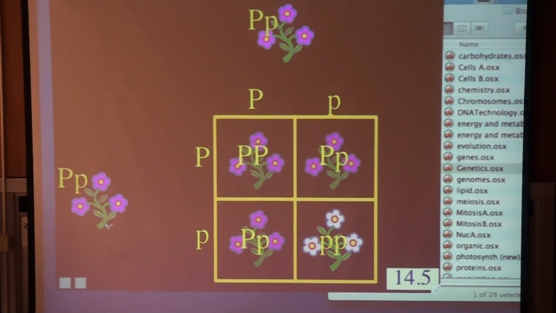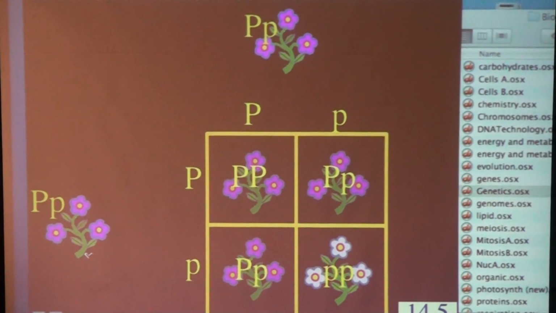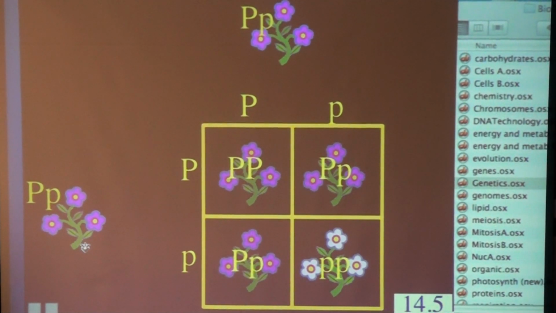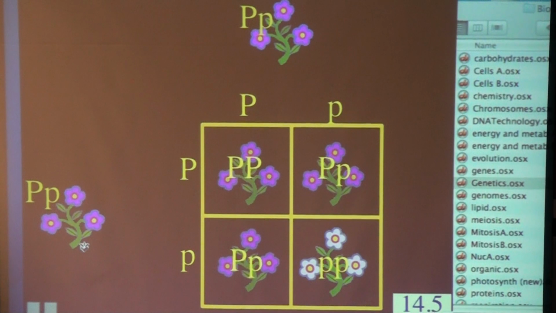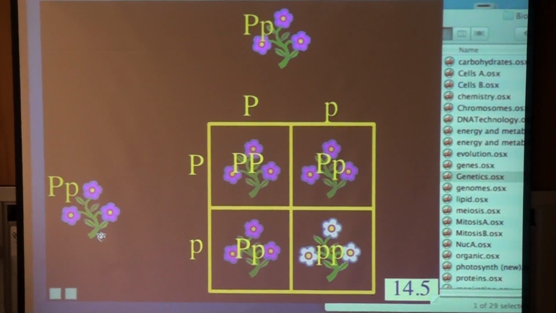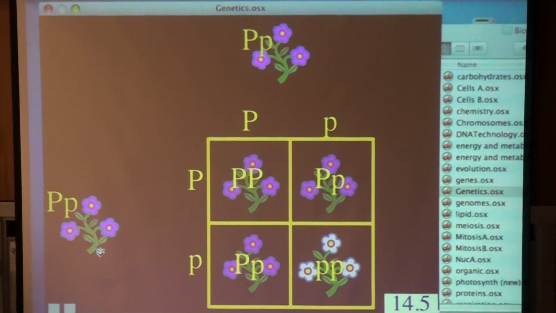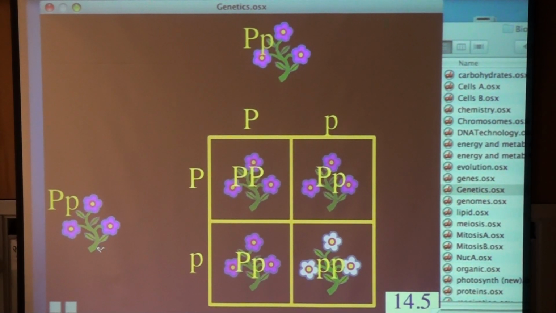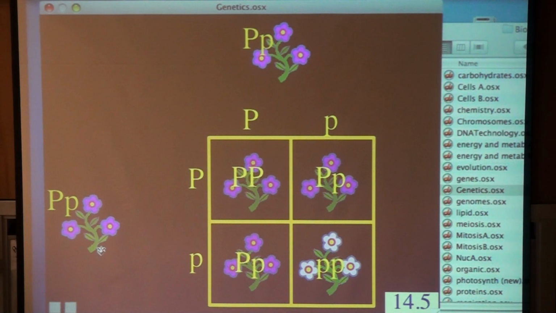Oh yeah, so there's that cross right there. On the next part of your handout, I listed some common types of Punnett square crosses. As we go through this chapter on genetics, we're going to see a lot of these particular crosses show up over and over again. So it probably helps if you memorize some of these common crosses. The one that we just saw up here is called the monohybrid cross. Hybrid means heterozygous. And so if you have a heterozygous individual crossed with a heterozygous individual,